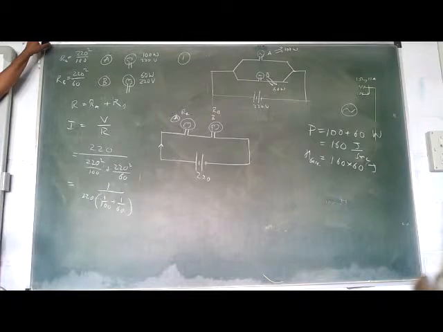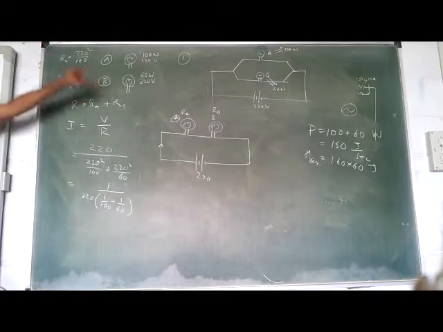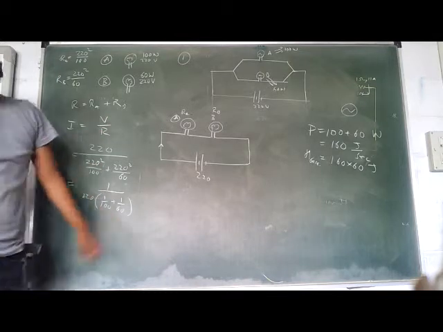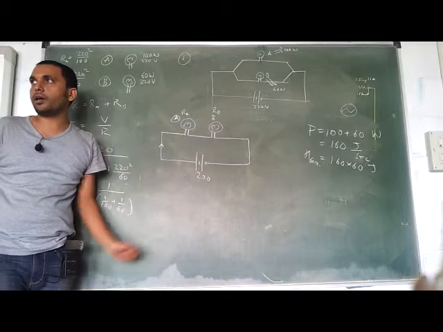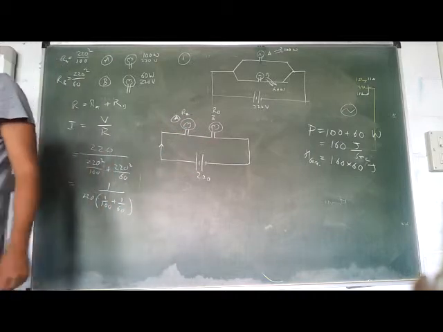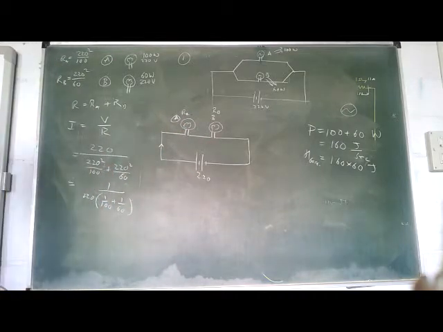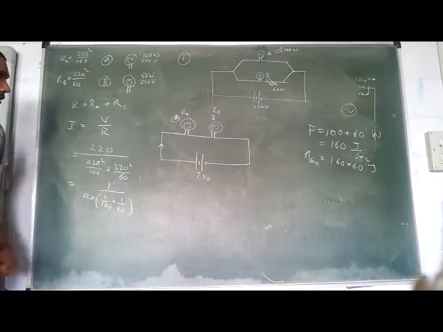What's the next job? How much is the power coming out from this bulb and that bulb? I square into R of this will be the answer for this, and I square into R of that will be the answer for that one. I am not going to write it. Is it clear? What is the total power coming out? You have to add the two. Okay, I'll write it.